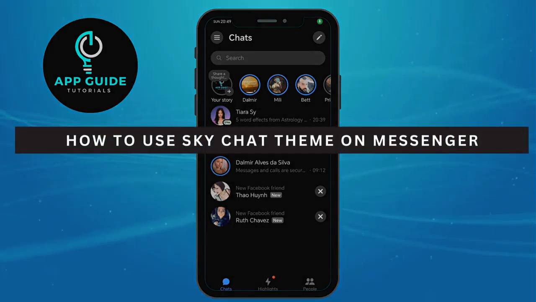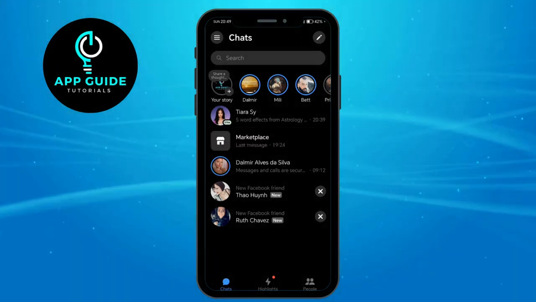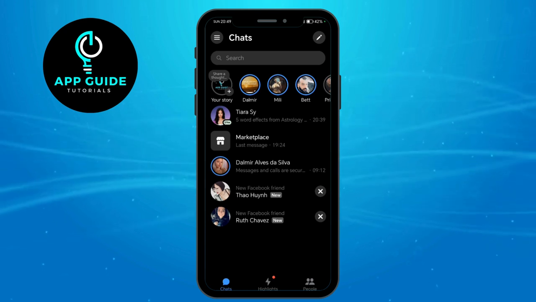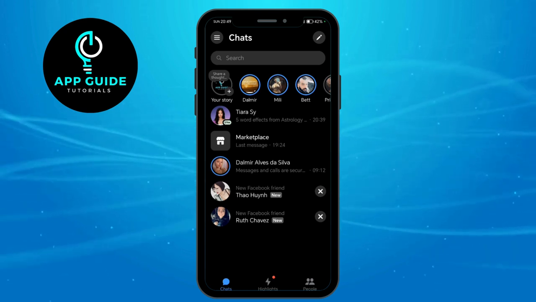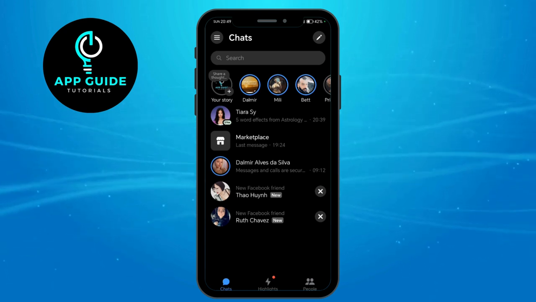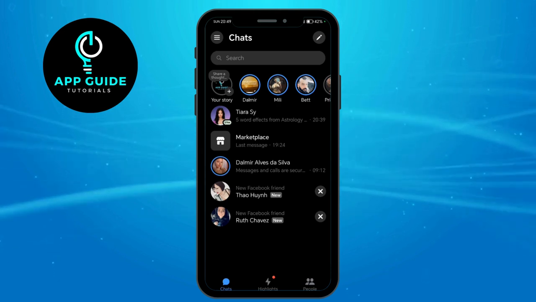How to use the Sky Chat theme on Facebook Messenger. Now let's say you want to change a chat theme on a specific conversation you have. All you have to do in order for you to change that chat theme on your Facebook Messenger is to